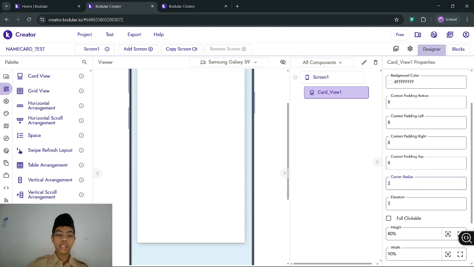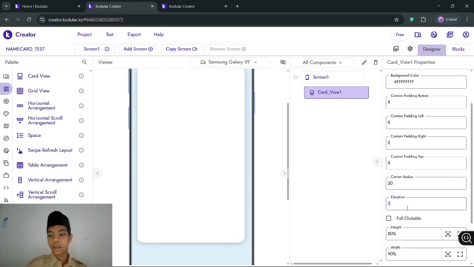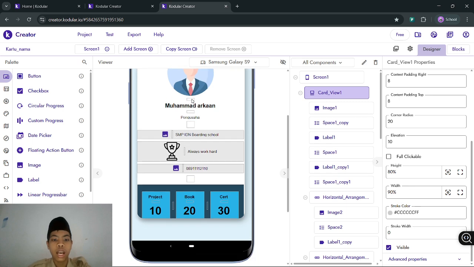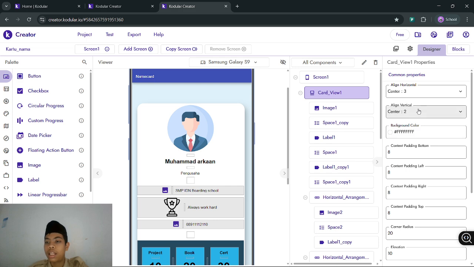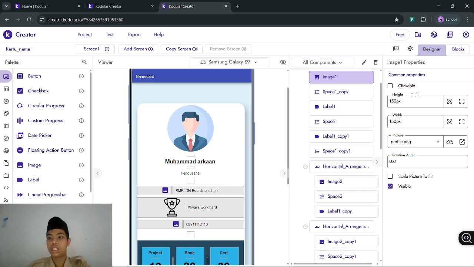Then corner radius 20, and elevation 10. Okay, like this.